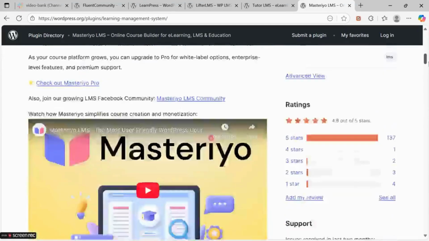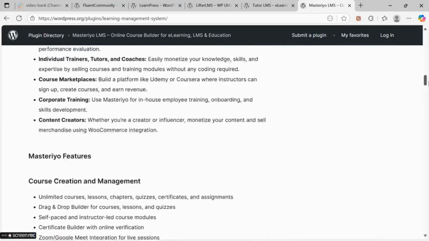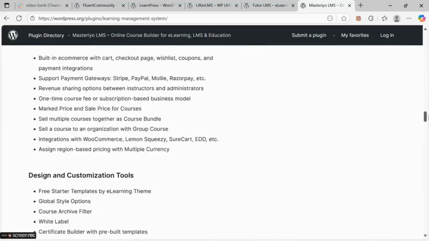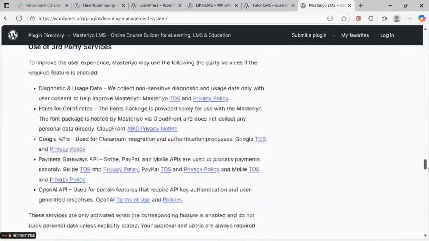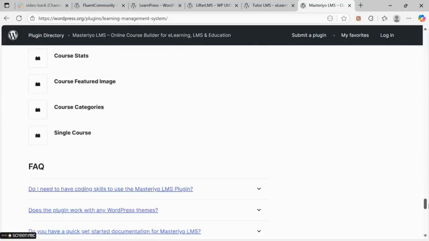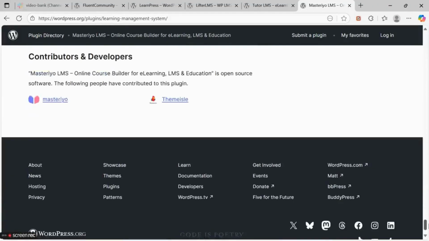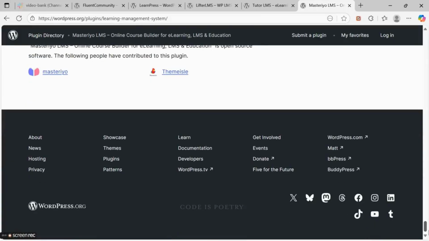Second is Masterio LMS. This one is built specifically for course creation and selling. Highlight features: drag and drop course builder, quizzes and certificates, built-in order system and payment gateways, plus unlimited courses in the free version. If your main goal is building an e-learning platform rather than community plus courses, Masterio is very